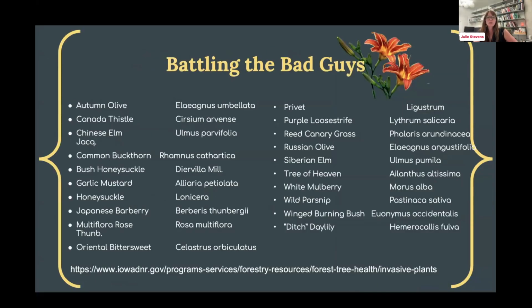Also, you got to beat up these bad guys. They got to go. If you're looking through this list and thinking, "Oh man, I've got some of these invasives in my yard," and if you're not sure, reach out to an expert and ask. Our extension folks are really great at helping with identification. But I would definitely try to tackle some of these invasives. It seems like a never-ending battle, but it's one that is worthy of the fight.